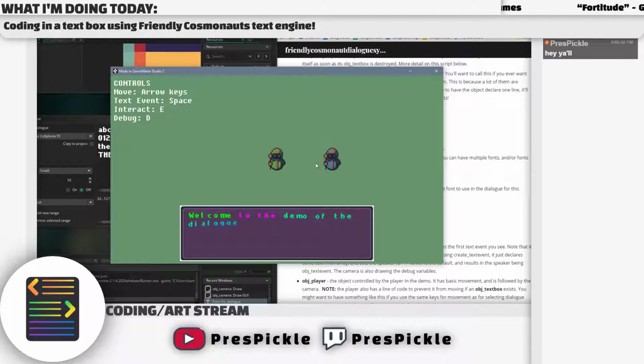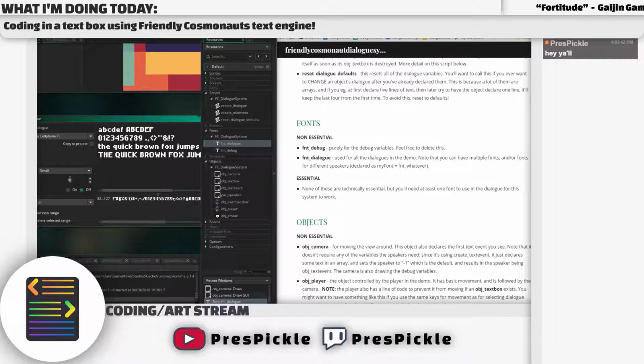Welcome to the demo of the dialogue system. Hit the E button to go to the next page. This is an example of a one-time text event. It runs when